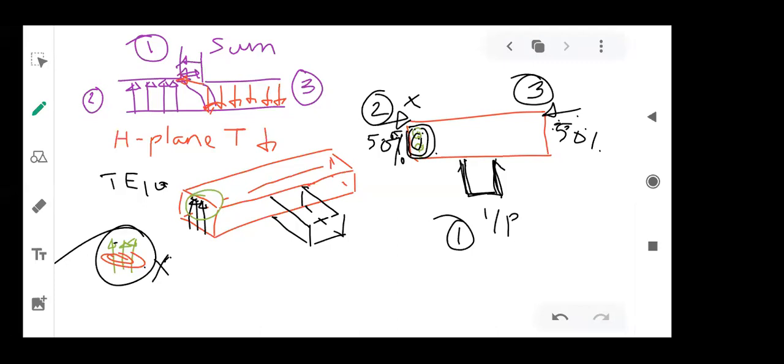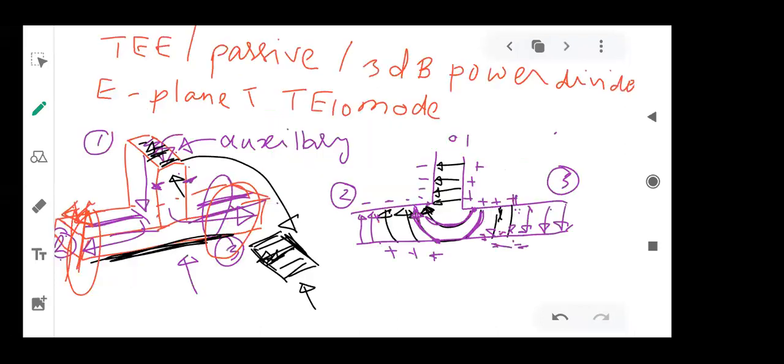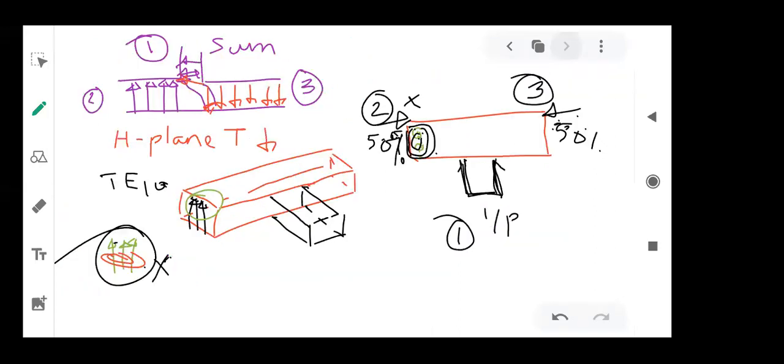additional arm. So in case of E-plane, it is also called the difference arm, because if you apply a signal at port number 2 and 3, its difference is available at port number 1. So if both the signals are out of phase, the difference will be what? One is plus and another is minus. So plus and minus of minus the other signal. So it will become what? Sum. That's why the auxiliary arm is called what? Difference arm. Whereas in the H arm, it is called the sum arm.